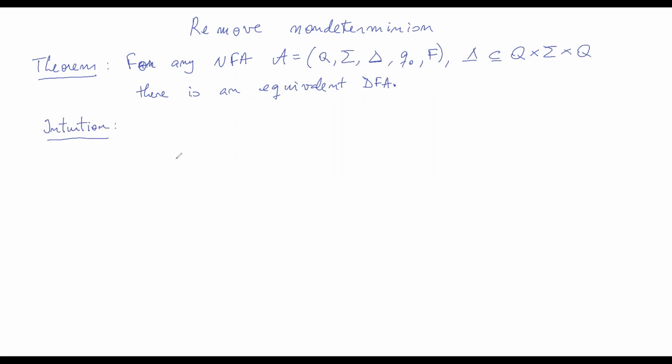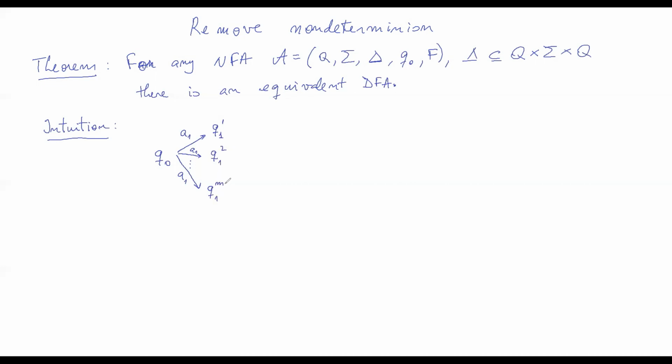So remember how the non-deterministic automaton is working. You start from Q0, which is your initial state, and then you read letter by letter. So again, the fact that we don't have to worry about epsilon transitions simplifies our reasoning here. You start from Q0 and you read the first letter from your input. And the point with non-determinism is that there might be several such transitions that you might take with letter A1. And so that might take you to, say,